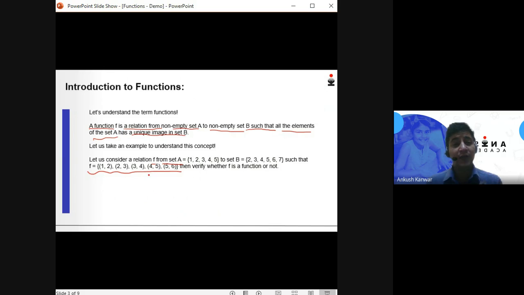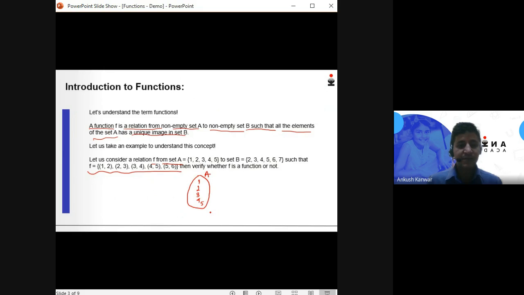Now we need to verify whether this particular relation f is a function or not. In order to verify that, let's have a look at the definition. Before that, here is my set A as it is given to you. What are the elements that are present in set A? 1, 2, 3, 4, and 5.